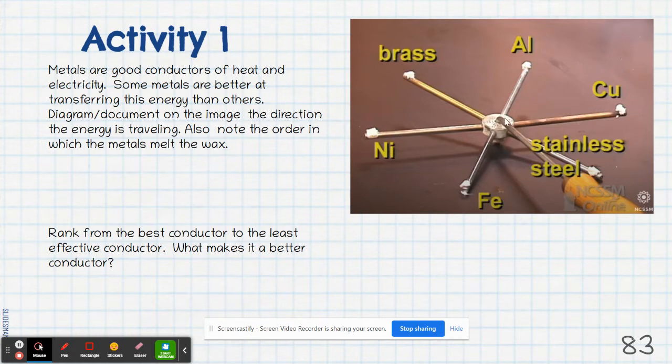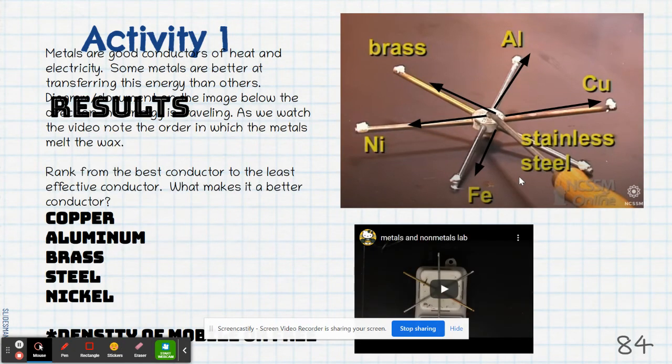So remember, this center part was put on the burner. So how is that energy moving? And then in what order did the wax melt? So there was a video for you to watch about this as well, this little tool with different metal spokes. So when we did this, we noticed the copper melted the first, then aluminum, followed by brass, nickel, and iron. And so the heat was moving from the centerpiece out the spoke until it was melting the wax at the